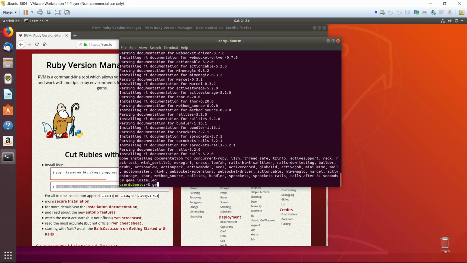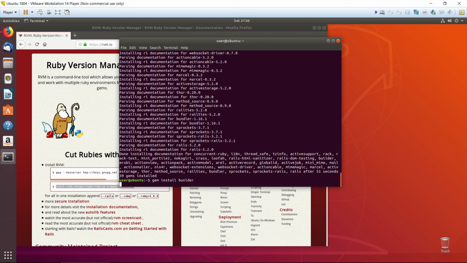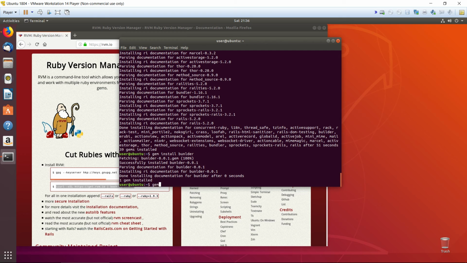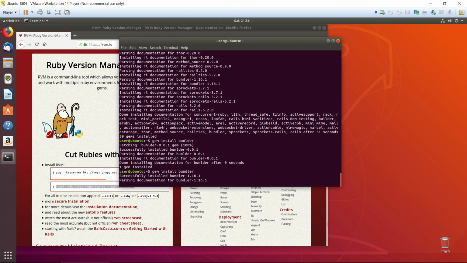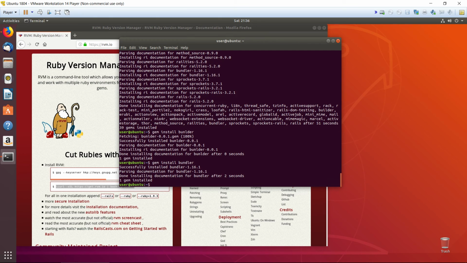We're gonna install Bundler right now. So gem install Bundler. Oops, I did not spell that right. The gem BUNLDR is actually a gem. It installed on my system. That's interesting. All right, and now let's